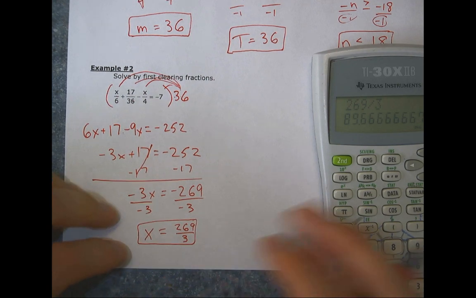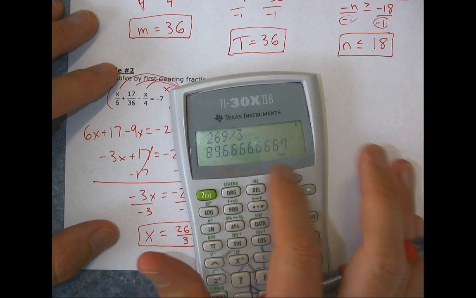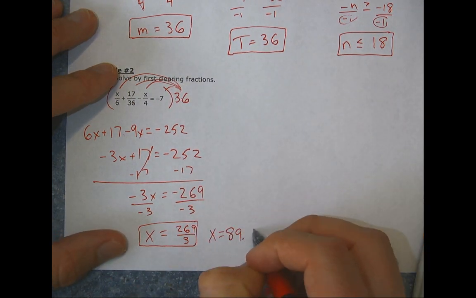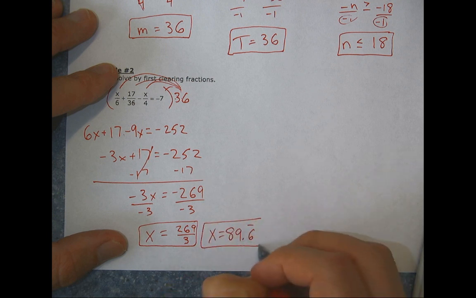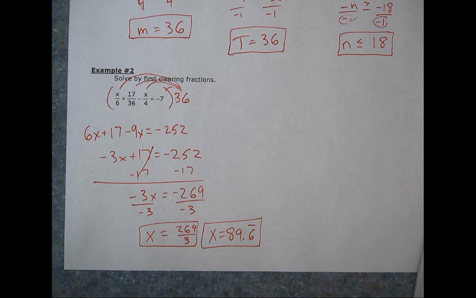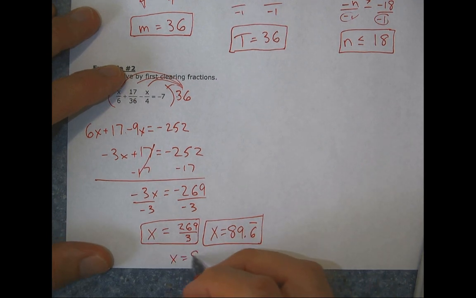You also could turn it into a decimal. 89 and 6 repeated. Okay, that's a good answer. Now you can't just round it and not put the repeated. The repeated is important. So now we have an exact answer. And we need to start learning what 6 repeated and 3 repeated are. So 3 repeated is 1/3. 6 repeated is 2/3. So another answer for this is 89 and